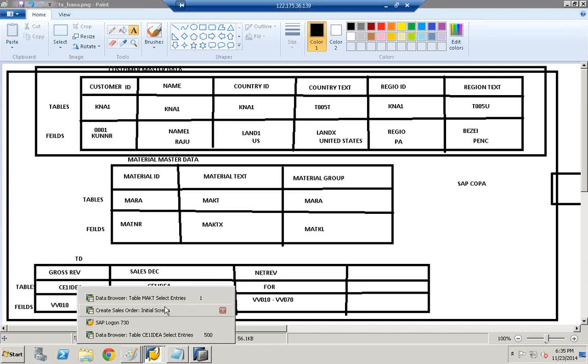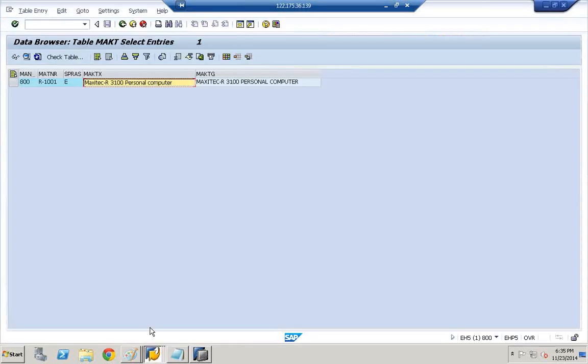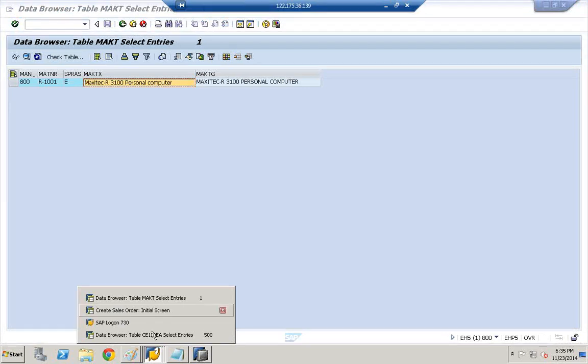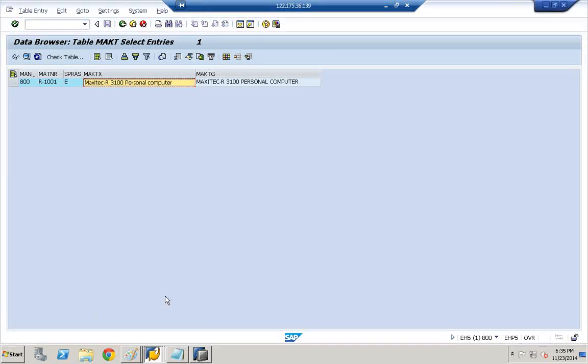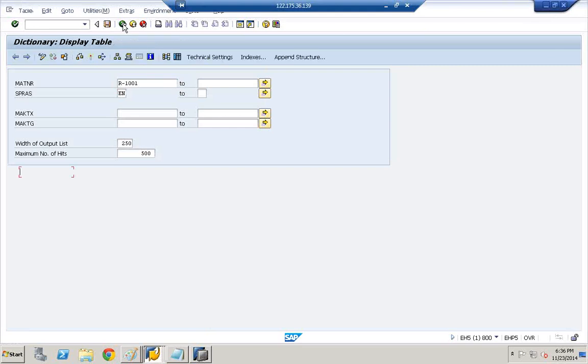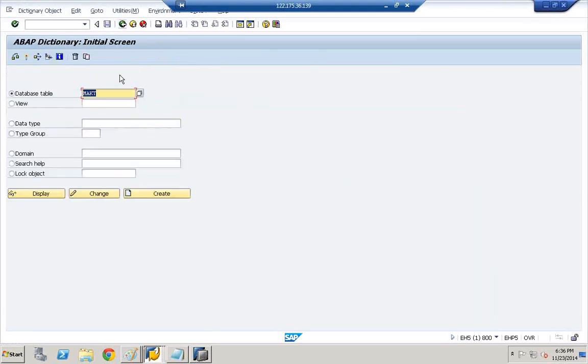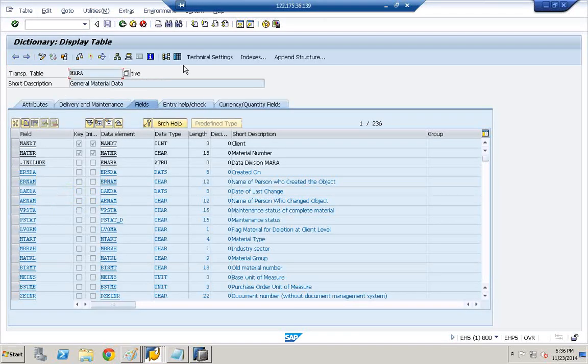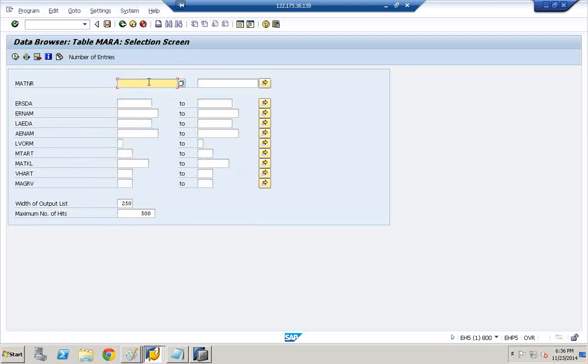The material group that it belongs to, from Mara table, from Mara, the material group,